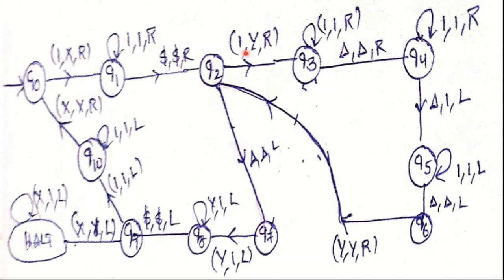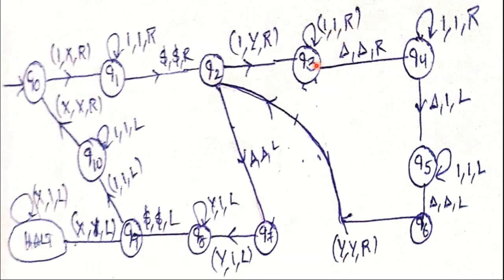Next we read the variable b value, that is a number of ones, either 3 or 5, anything. So we read 1 from variable b. Now this one is marked as y and then move right. We keep moving up to the end of the input. In this process we get a number of ones, and those ones can be skipped. We should not perform any marking, so we read the ones as they are and then move right.